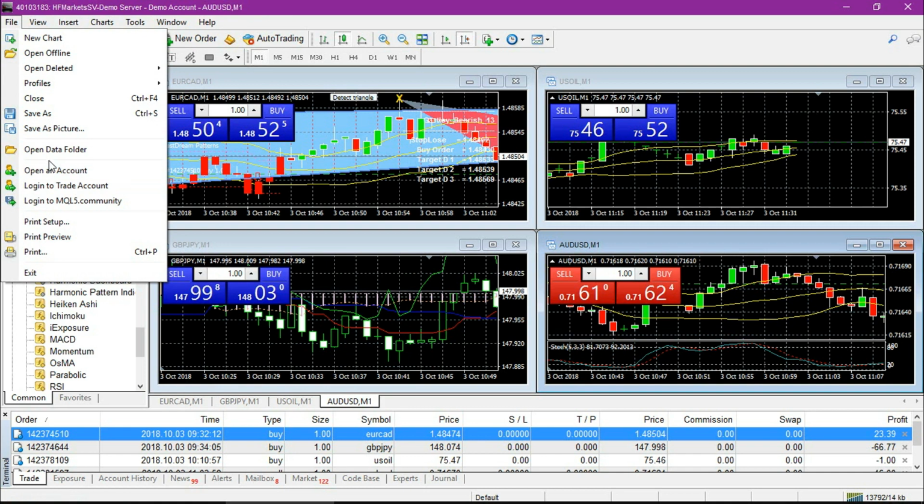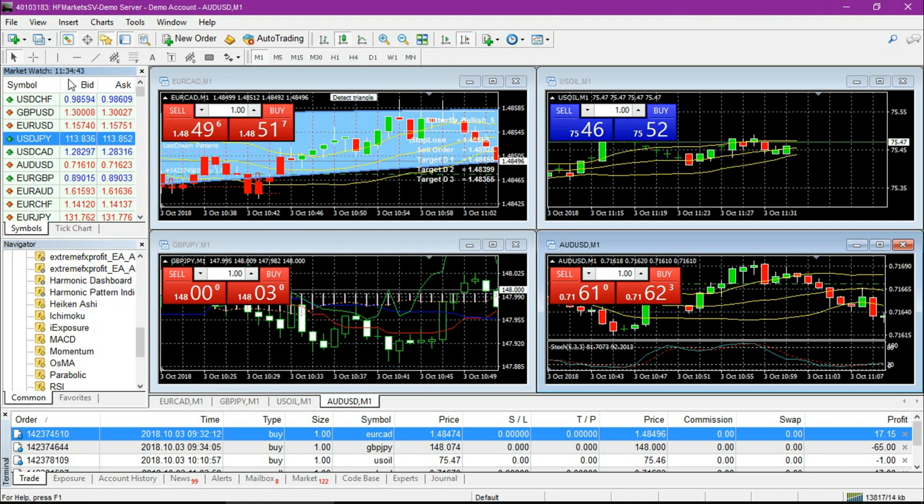That's what you do. Open a trader, open an account, click here. But if you have already downloaded this and created a demo account in your Hot Forex account, you come here, click login to trade account, put in your ID, password, and make sure the server is the same. Then for you to see, back to what I was saying, for you to see this currency well and know